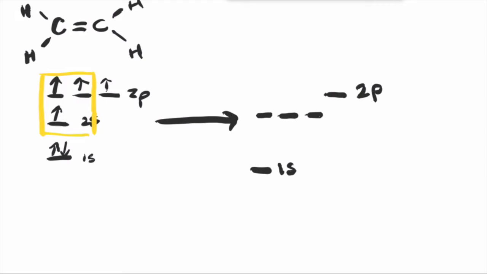We will create 3 new hybridized orbitals from the 3 atomic orbitals. In this case, we took only 2 p orbitals and the 2s orbital, so this new hybridized orbital is called sp2. How would the sp2 orbitals be arranged spatially? Remember, since there are 3 orbitals that need to be as far away from each other as possible, the shape it's going to have is trigonal planar.